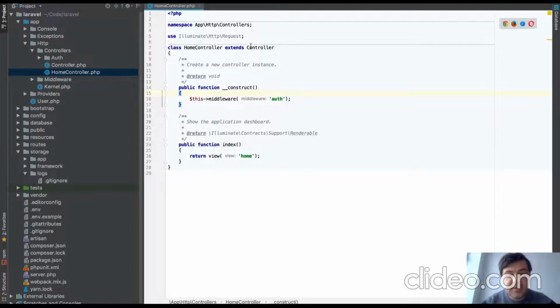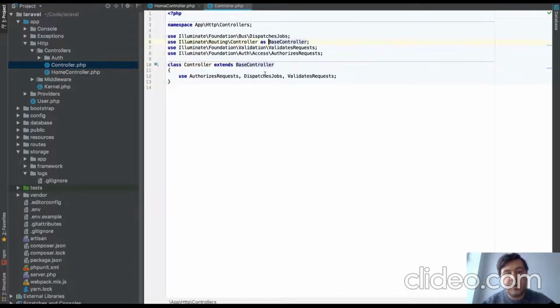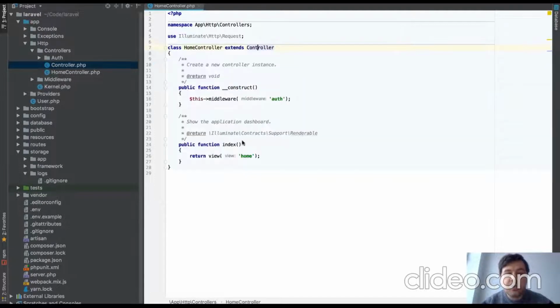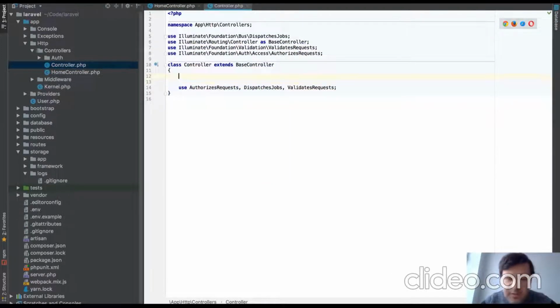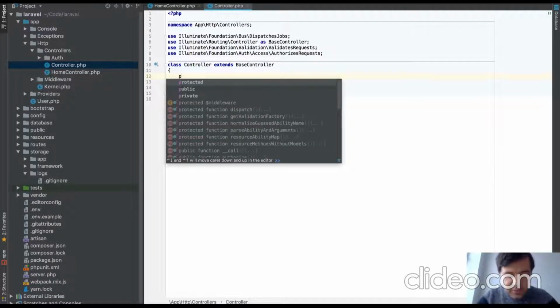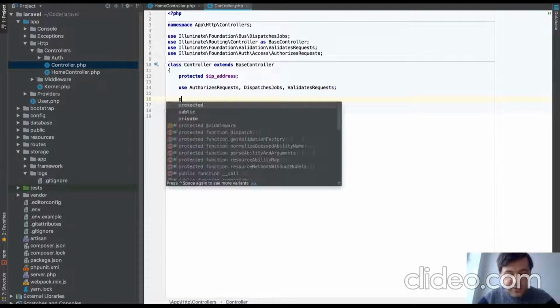Now, what does it extend? This extends controller, which is actually this controller, also publicly available for us in app HTTP controllers. It's really empty. And then it also extends base controller, which is even further there, routing controller. So what we can do here, in our controller, we can define some variable. That's just a typical, non-typical, but really simple example. For example, you want to have variable, let's call it protected IP address of a person, right? And then in the base controller, you can define construct method,